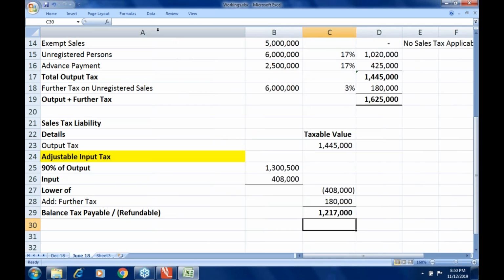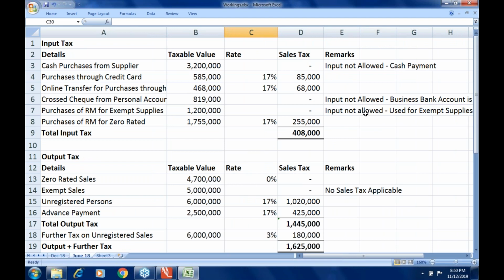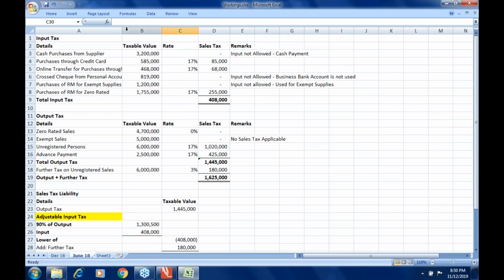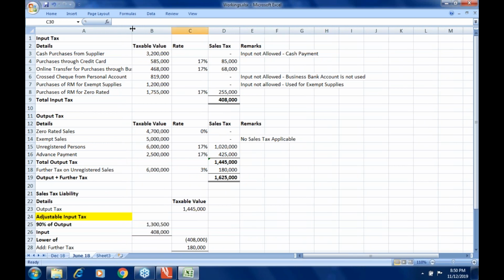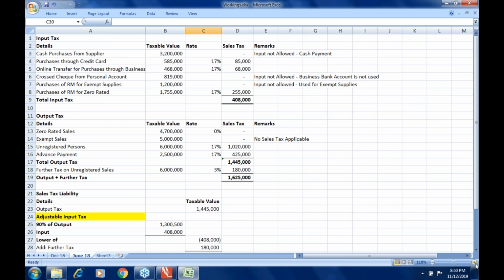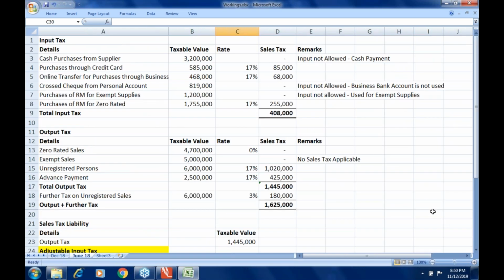So is it okay to everyone? Anyone has any questions pertaining to it? In case you have any questions, please do ask. What I'm going to do is minimize it a bit, zoom it out so that you can have a better understanding. Please kindly review it, then we can have a discussion. Anyone has any questions? Please do ask so that I have an idea whether you are understanding this or not.